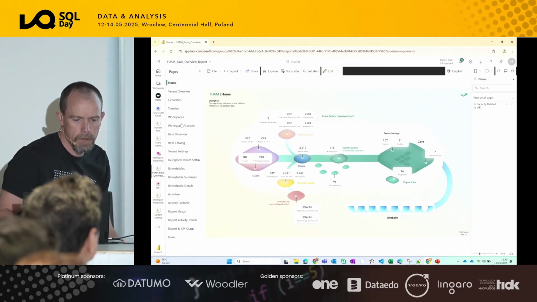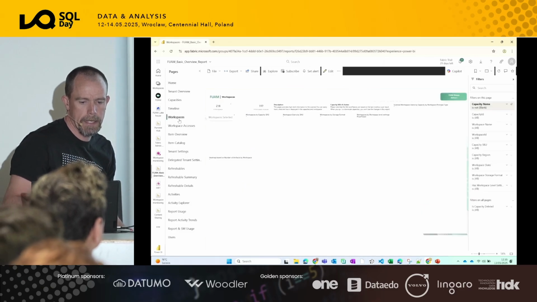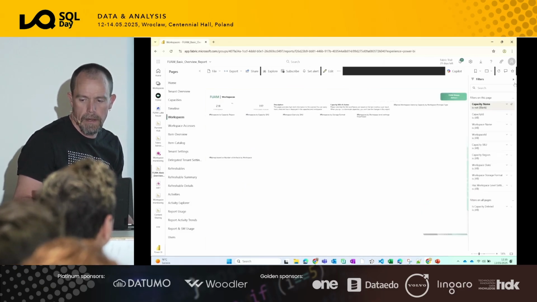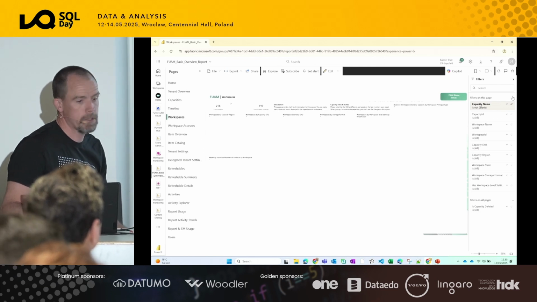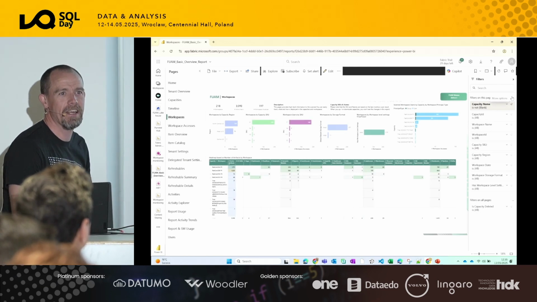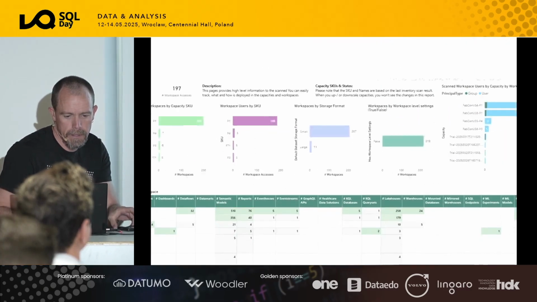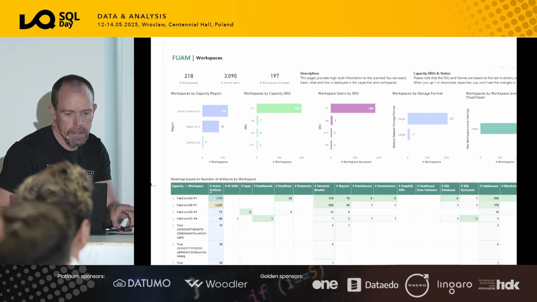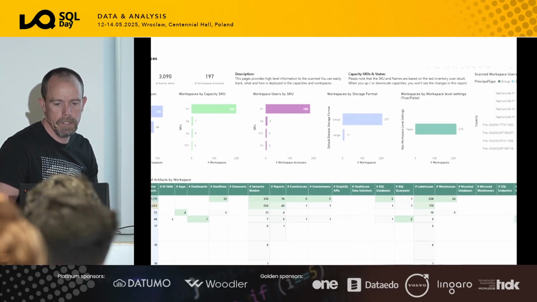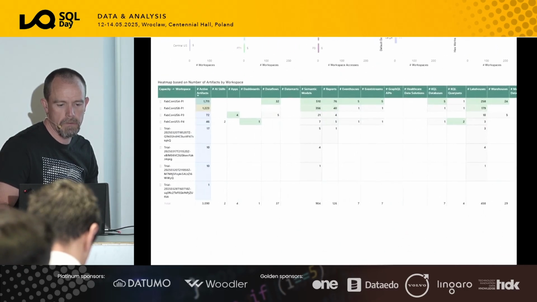In here, and then you can go ahead and look at the workspaces and then dive into it. And as you can see, they wanted to have a lot of information on every page. So sometimes you need to zoom to actually see the information in here. But if I zoom in, then you might be able to see. So workspaces by capacity, workspaces by users, and so on and so forth down here, and then metrics here